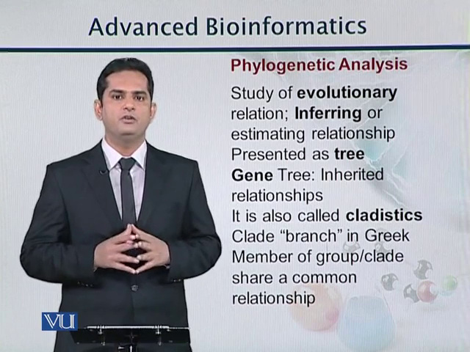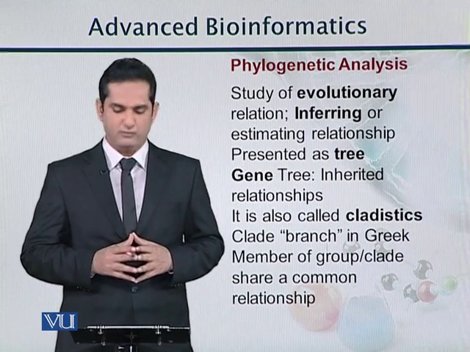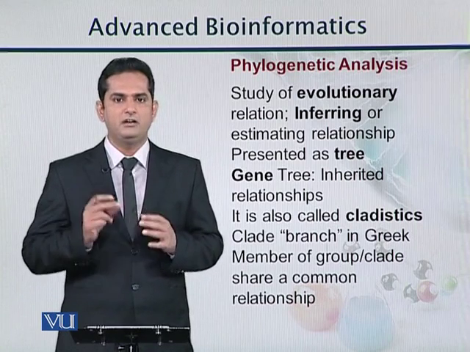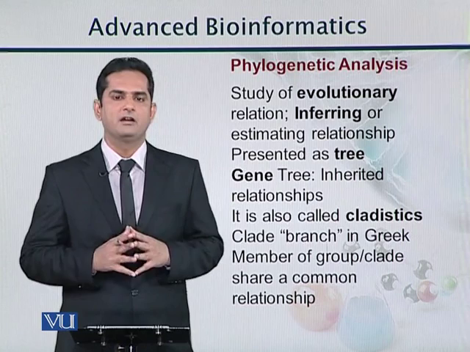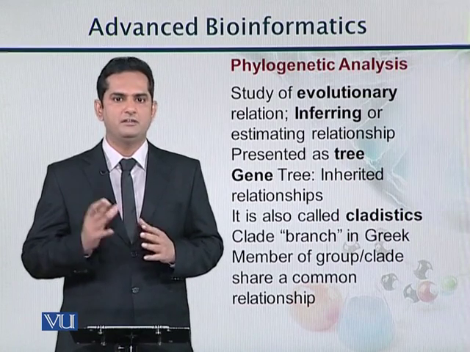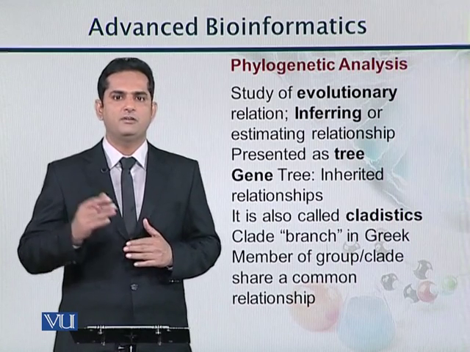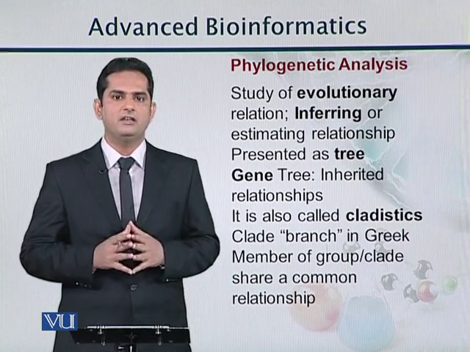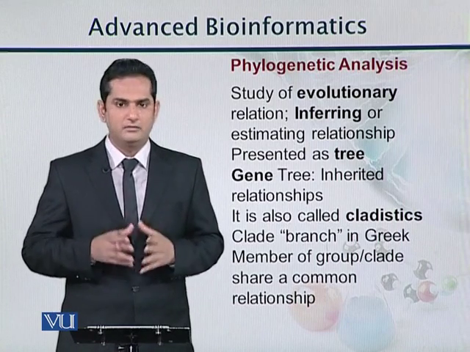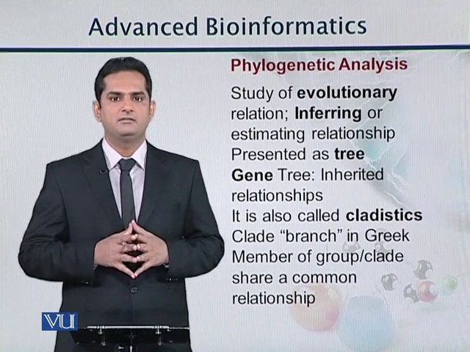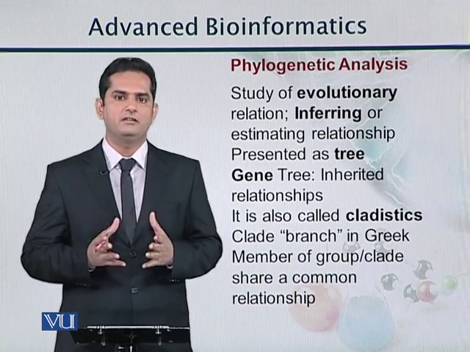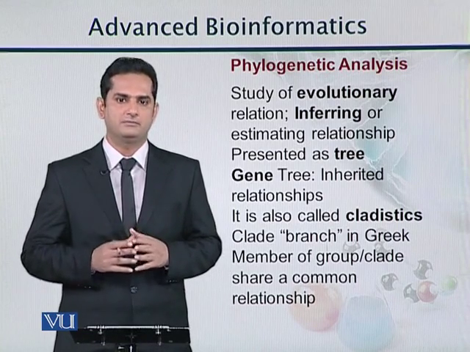So what we try to do during phylogenetic analysis is find out the evolutionary relationship, which gives us the interrelationship between different species. This phylogenetic analysis is done based on phylogenetic trees, where we have information in the form of hierarchies. Hierarchy means we have ancestors and then predecessors and then leaf nodes. There is another name for phylogenetic analysis, which is called cladistics. Cladistics is based on the word clade, which means a group of similar organisms.